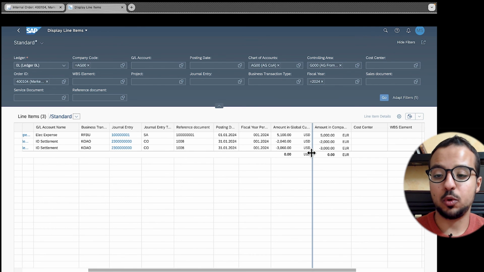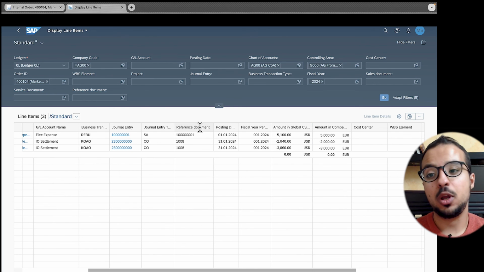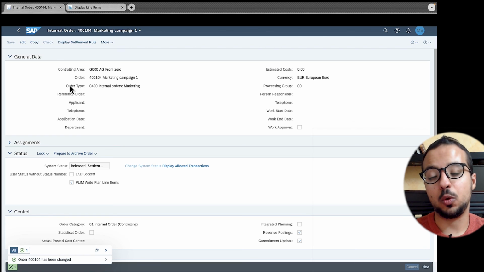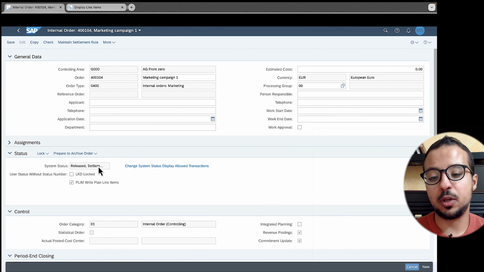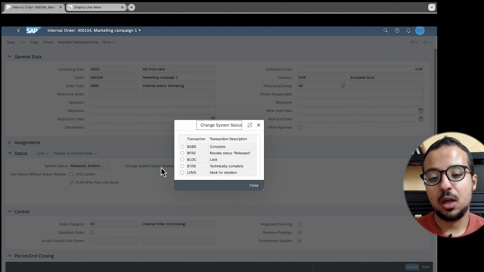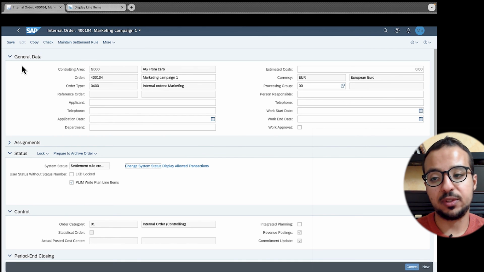Now let's do this. We have settled all the costs that we have in the internal order. Let's say that we don't want anyone to use this internal order anymore. In this case, we go to the internal order management application, and here we go to edit and go to the status, click on change system status, and here we can use complete. If we choose complete, then no one will be able to use this order. And now if we save,